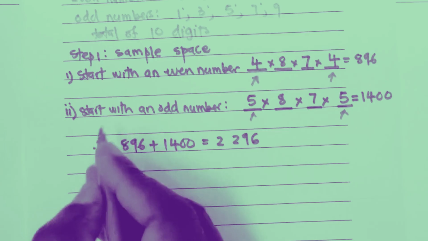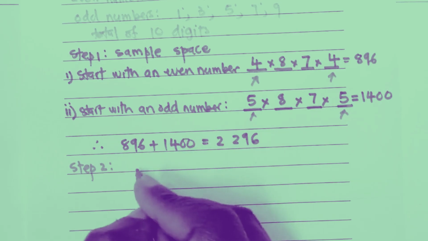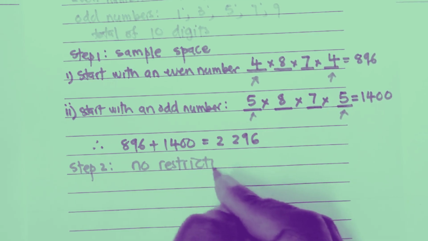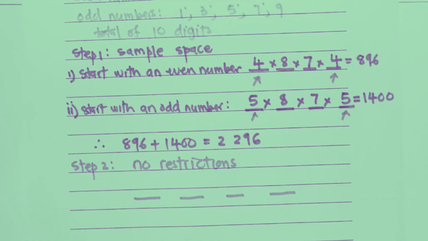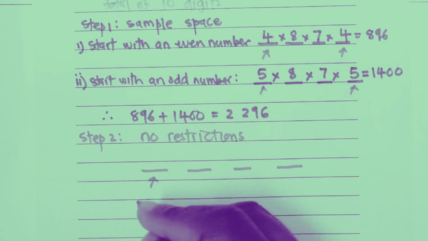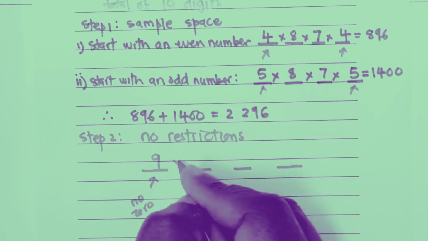Moving on to step number 2, I'm going to do arrangements with no restrictions at all. And if I do that, I also have 4 positions. I have 10 numbers, but I should not start with a 0 at the start. So I'm going to write here no 0. This means I'm going to have 9